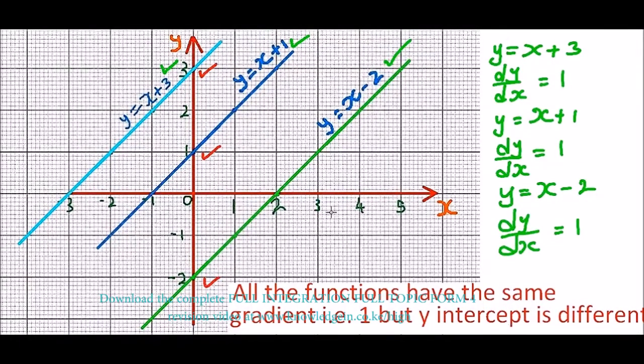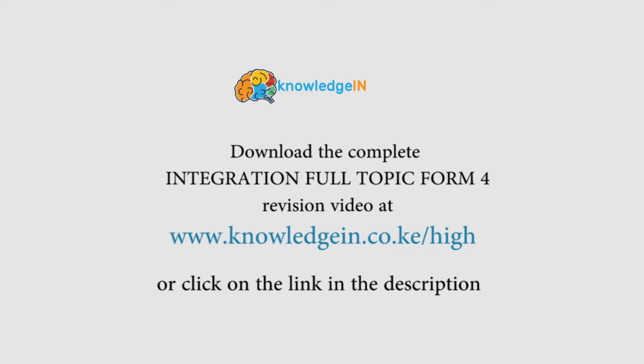So let's see how now we reverse this, that is we integrate this gradient and get the functions themselves. Therefore, an equation whose gradient is 1 is written in the form of y is equals to x plus c. This is because we have seen that c can take any value, which we refer to as the y-intercept. But as long as the gradient is 1,